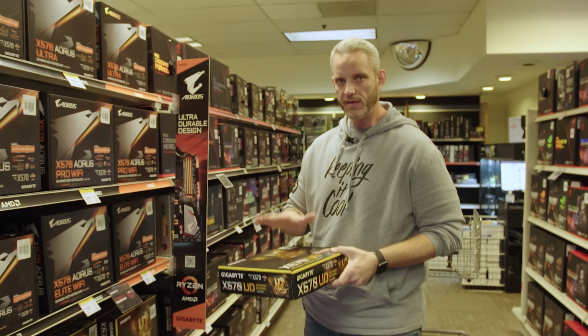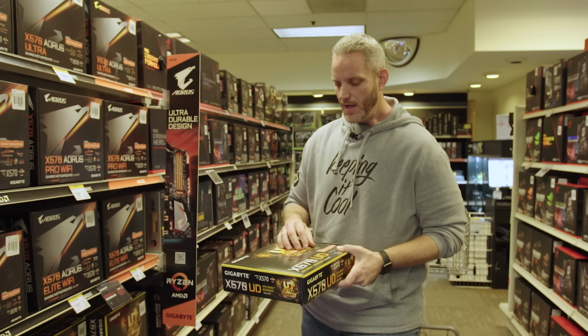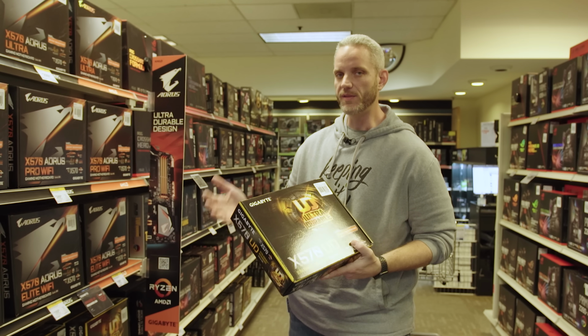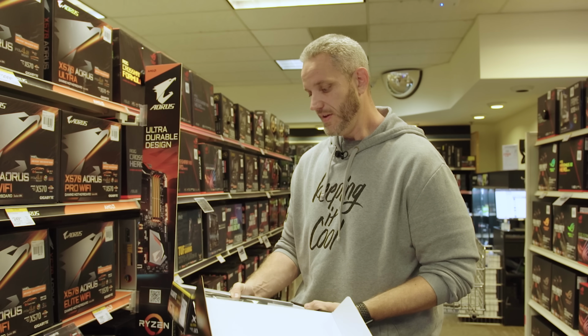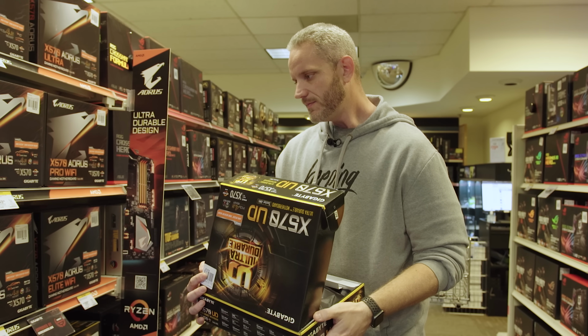Now I've used the UD stuff a lot in the past. In fact, if you go back to my really old content, I did several build guides with FX when that was still the newest processor from AMD, and we always recommended the UD3 or the UD4 because of its build quality to performance value. The power delivery on this is probably going to be fine for the power draw of that chip,